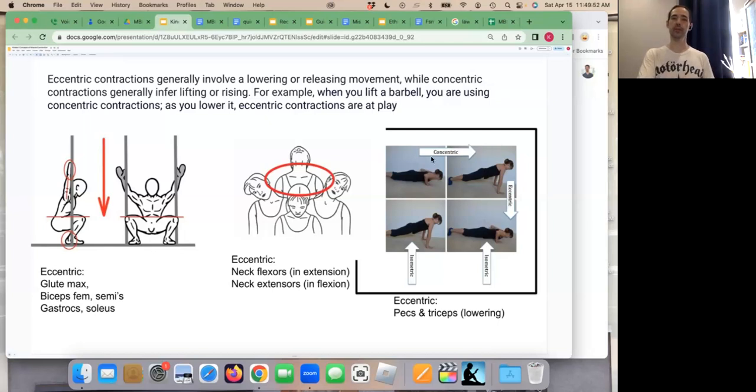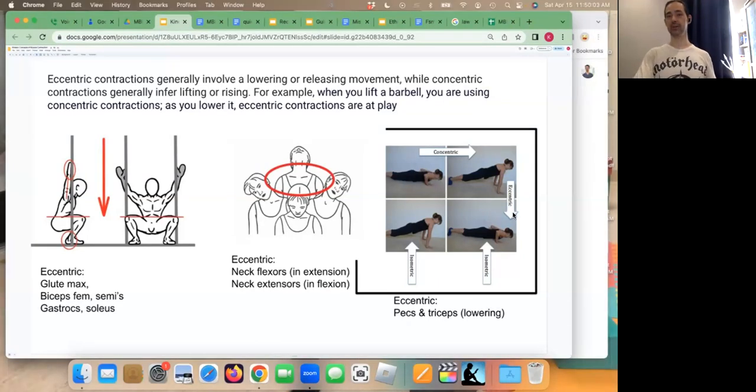There's also, broadly speaking, concentric and eccentric movements. If we break the body down into smaller parts, we can see that some parts are actually moving eccentrically and some are moving concentrically. But if you think about one muscle at a time, it becomes pretty clear. Okay, so for example,